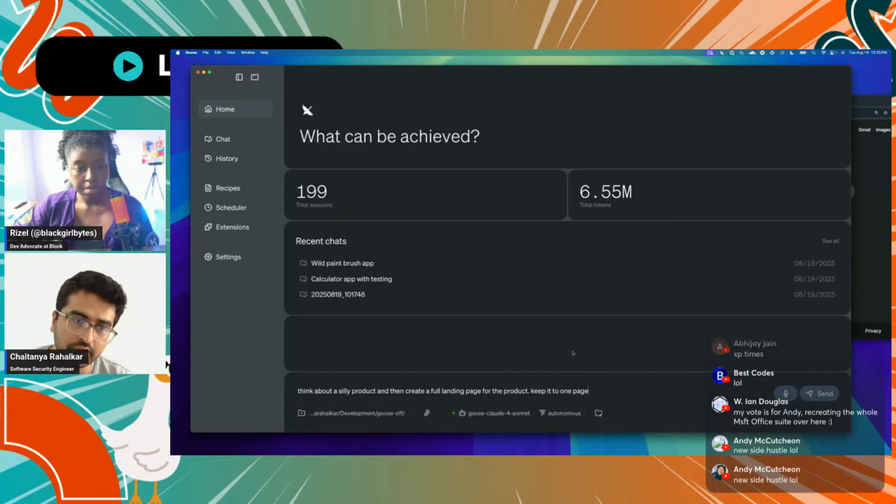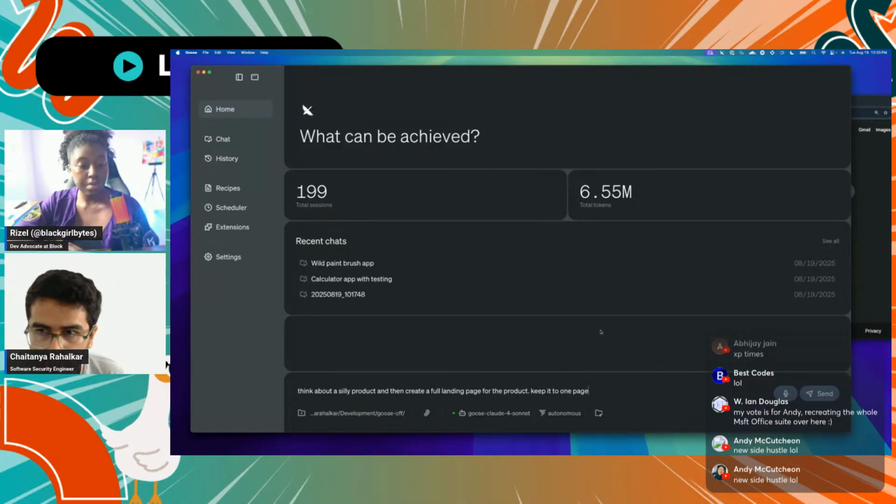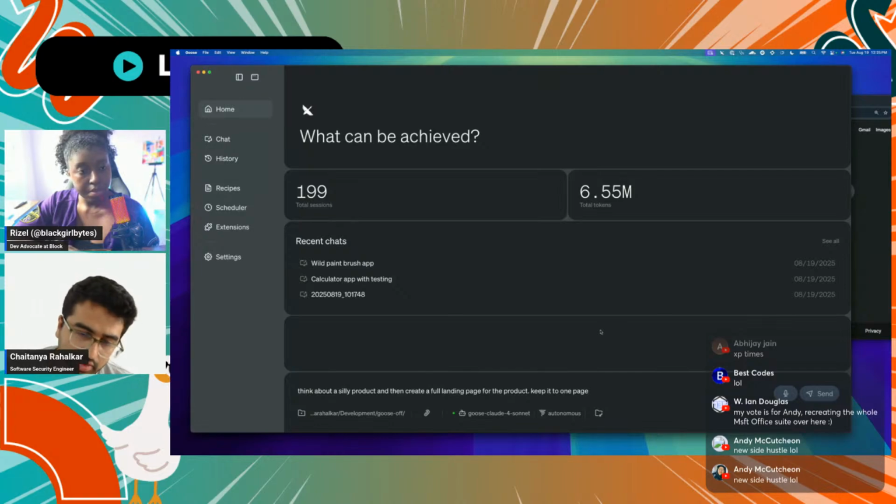Initially, I told it to use vanilla JS, HTML, and CSS. Now I'm not even going to tell that to Goose. I'm just going to let it decide by itself what would be right. I think usually Claude ends up using React. So let's see. I just want to be more creative and have the LLM do everything by itself.